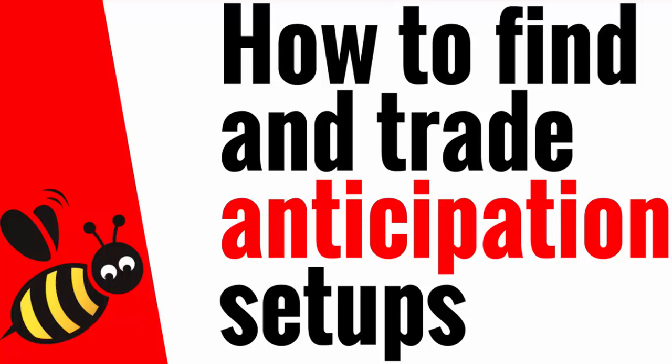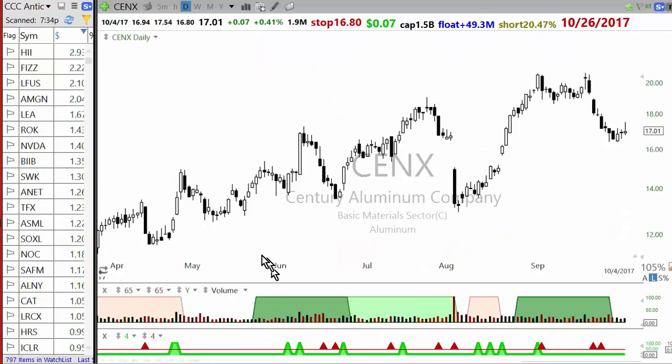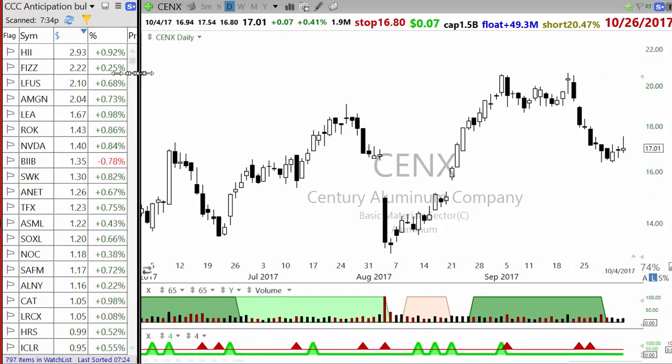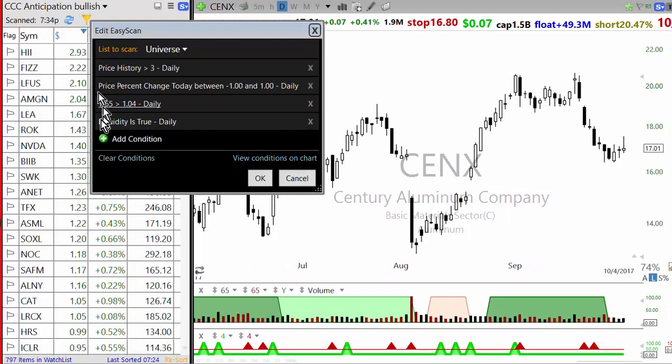How to find and trade anticipation setups to find low risk opportunities in the market. In order to find anticipation setups, the first starting point is something which has got an established momentum, a stock with an established momentum. So for that, I run a very simple scan which looks for all the stocks, which includes